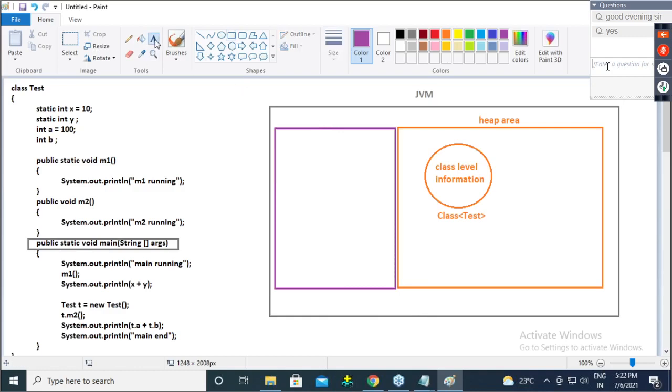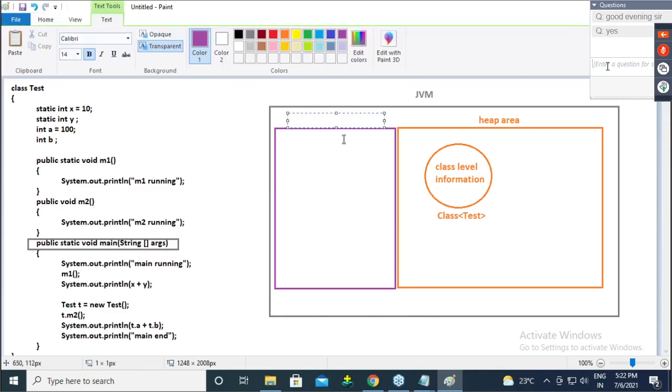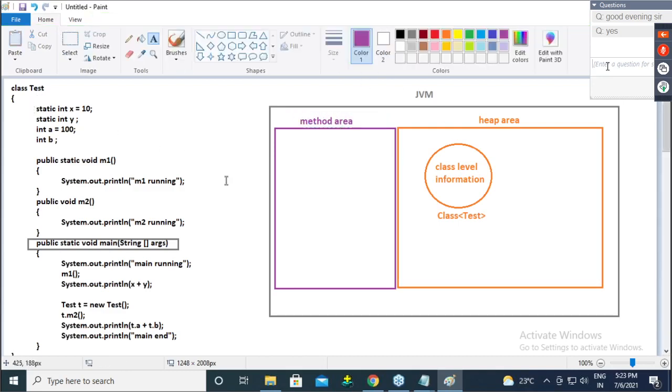So now guys, in the method area, assume this is a method area. In this method area, all static members got loaded.